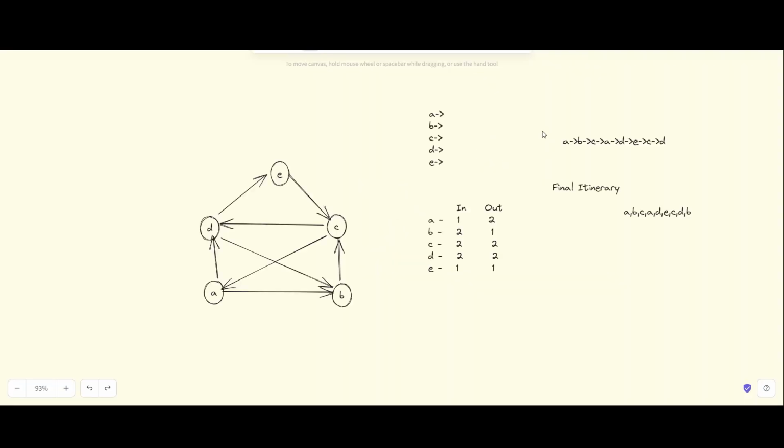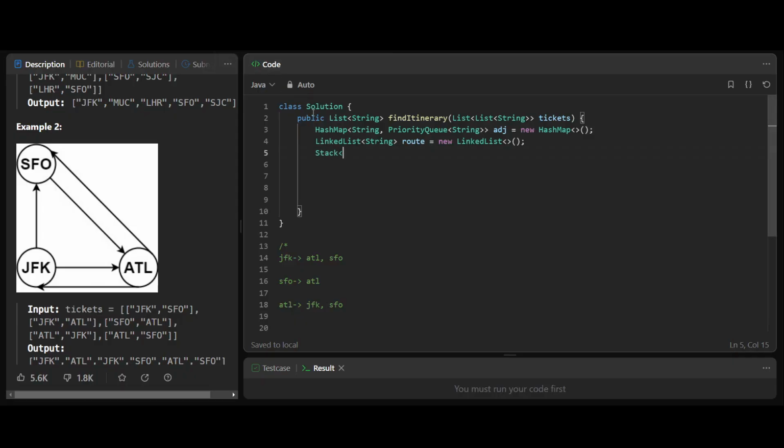And as you saw here, we are sort of maintaining a stack, right? We got back, we removed that, we added it here, and then we continued further. So for that, let's maintain a stack. Right? And let's first build the adjacency list. How do we build the adjacency list? So for each ticket in tickets,